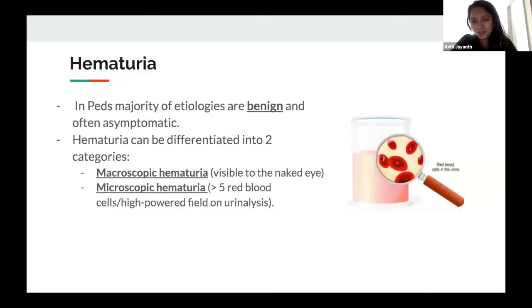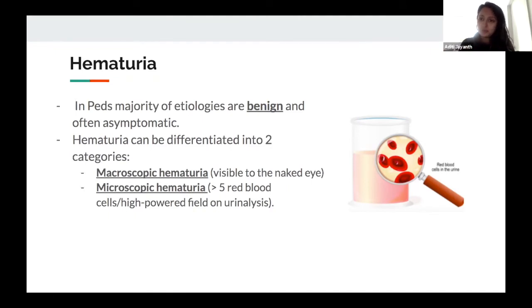So hematuria in the pediatric population: first and foremost, a majority of the etiologies are benign. It's usually an asymptomatic presentation that we get on UA because we get it for some other reason. But generally it can be categorized into two sort of trees. So you have your macroscopic hematuria, which is essentially hematuria that you can see, that's visible to the naked eye. And then you have your microscopic hematuria, which is hematuria that is not visible to your naked eye, but there's